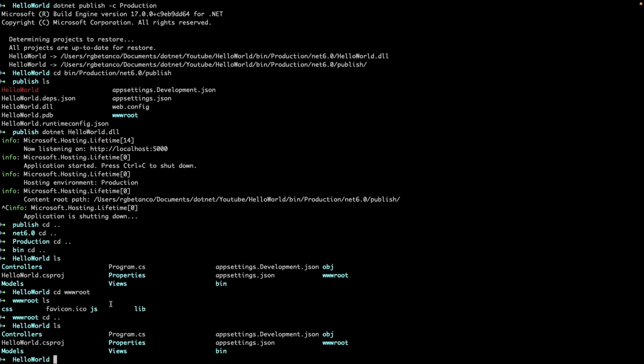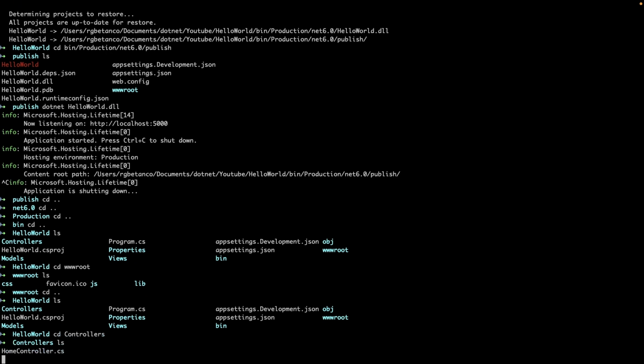For example, if you have in your controller an article controller.cs, you have an action named index. That means there will be an index file under views, article or articles, and there an index.cshtml file. If you have another one, for example, get all or whatever, then you have to create one for each view. Okay, for example, here we have